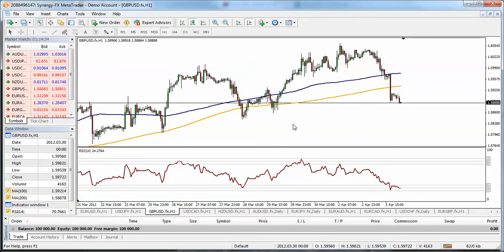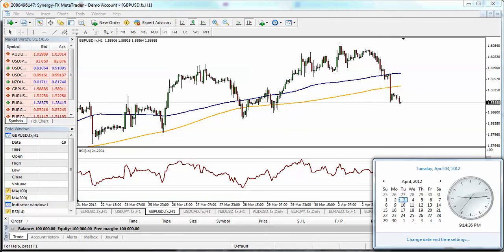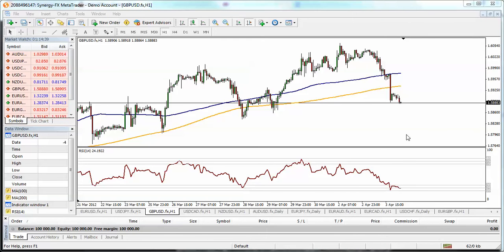It is April the 3rd, and today we're going to be looking at three different pairs, but before we get